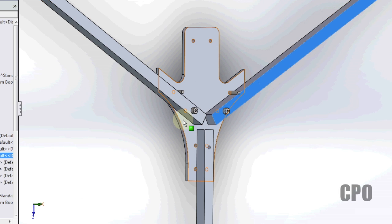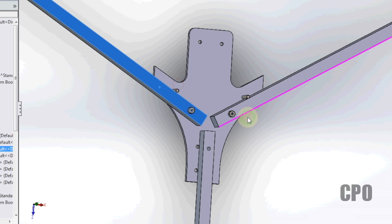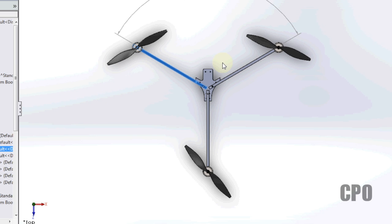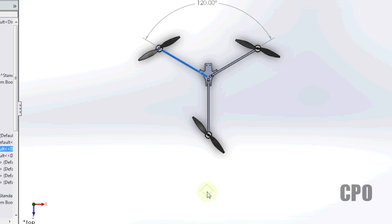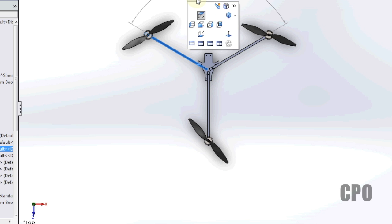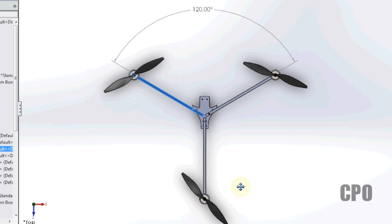Basically I just put these rear screws in backwards and use them as pegs to stop the motion here, so you can kind of visualize that. But other than that, it is simply a 3D model that will give us a good reference for some design discussion. So with that said, the standard tricopter design in its symmetry really is a design that is proven historically to